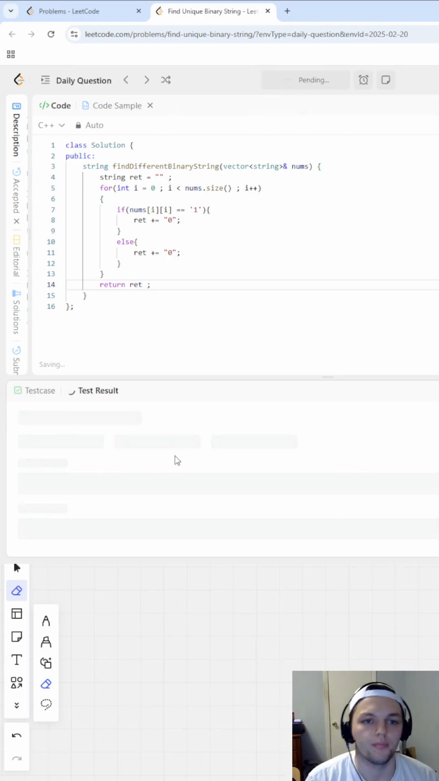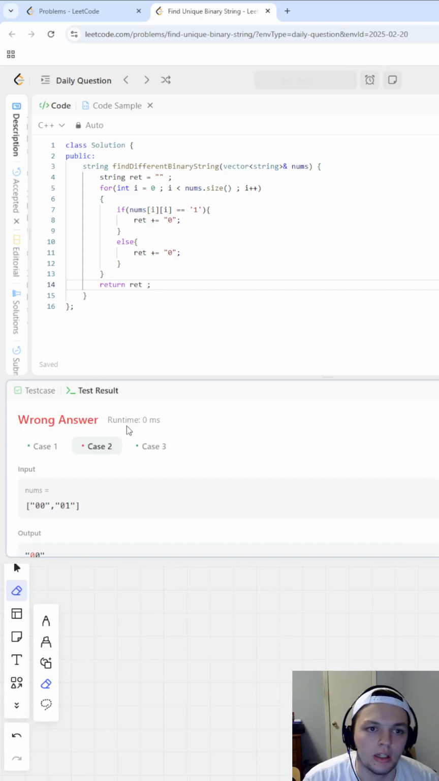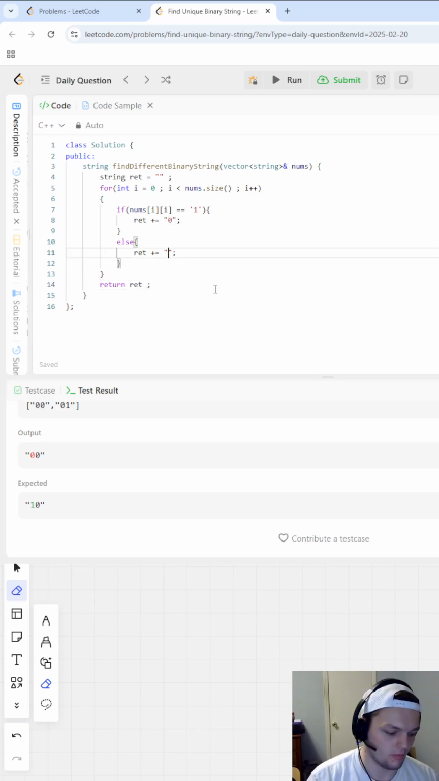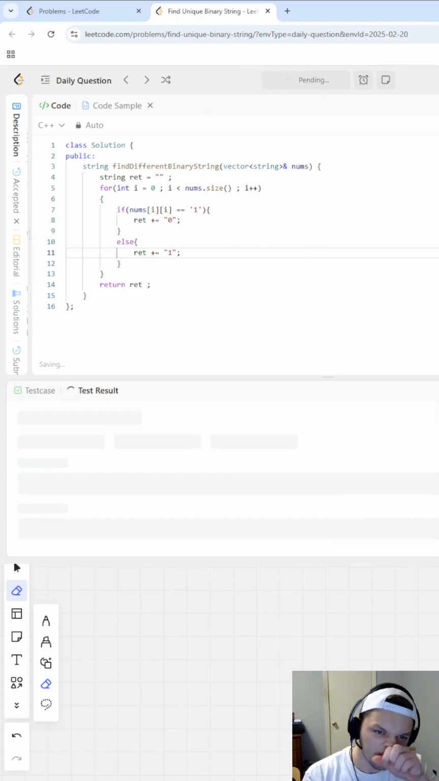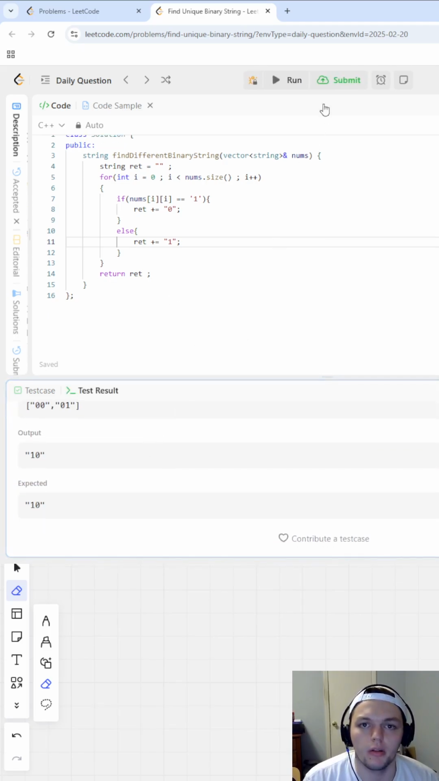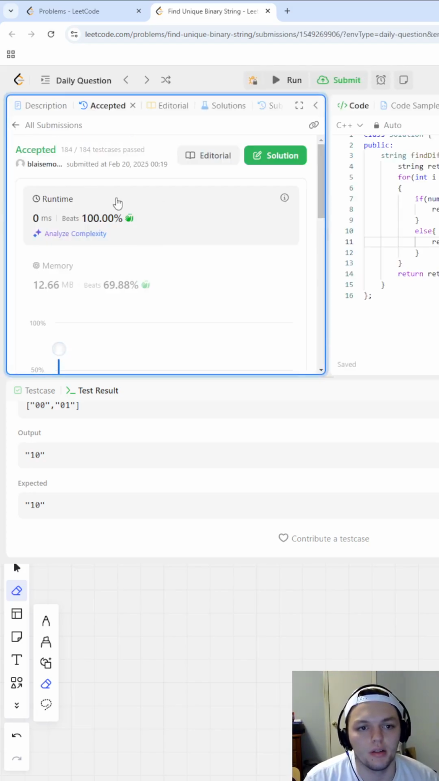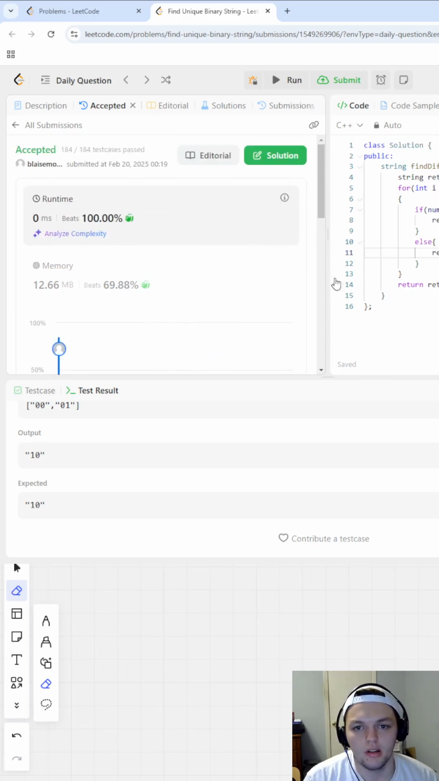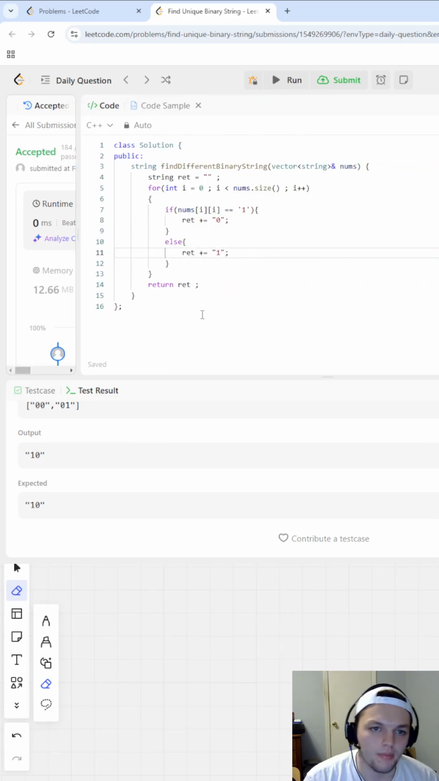Let's try that. Uh-oh, I typed something wrong here. I less than nums.size, i plus plus. Oh, duh. Sorry. 1. Yeah, there we go. So if we submit this, and you see that's way faster. And we used a lot less memory. So we're doing this in linear time. And the way this works is